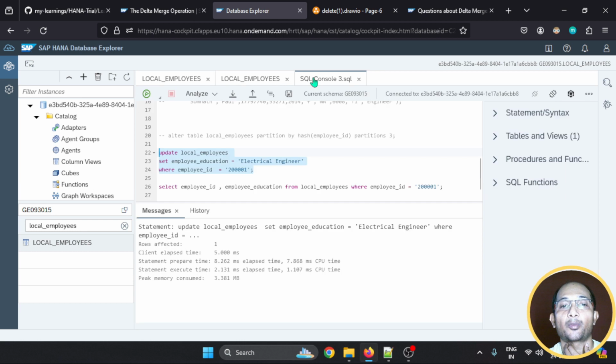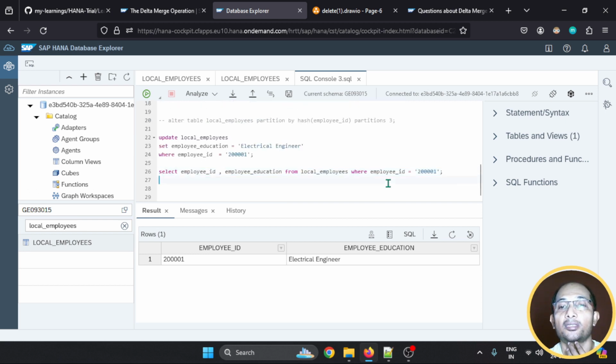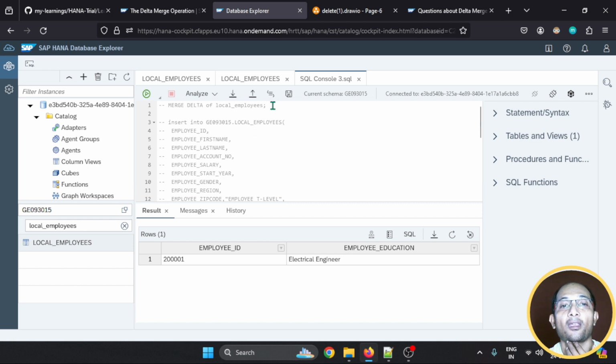Come back to our SQL and let's run it once again, just for namesake. Let's execute it and see the data. Yeah, it's updated. Of course, I didn't do any merge operation. So let's do a merge now. Let's uncheck this and do the merging. What will happen after merging? Of course, again, it will affect only the main storage of partition 3. First of all, I have to uncheck this one, but I don't need to specify which partition to merge. It will take care of that automatically with this SQL script. So if you run it,